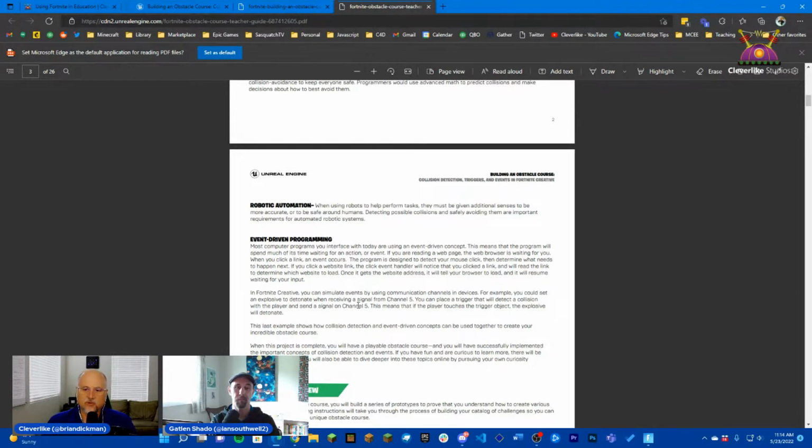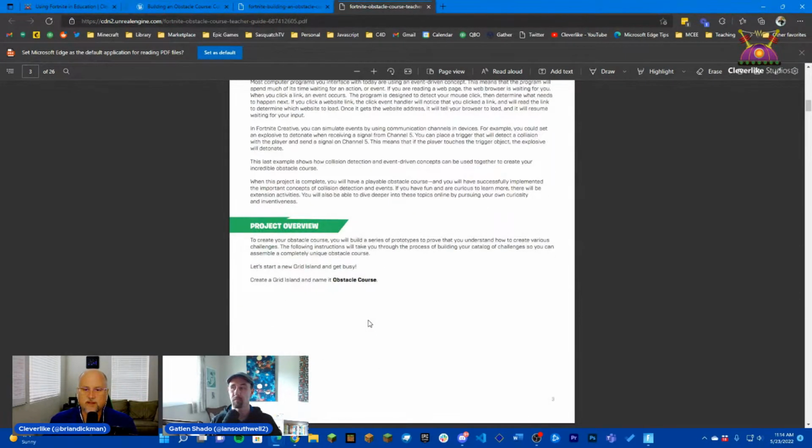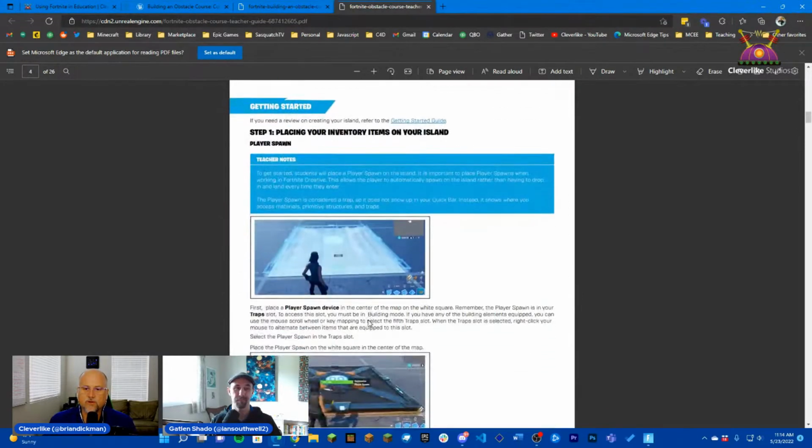And you can build all kinds of things like that in Fortnite Creative as well, using what is known as channels. A lot of the devices will communicate to each other through some form of connection so that this device can tell the next device to activate and run its code. And we'll be going through some of that as well today. So we're going to basically create ourselves a blank island, and we're going to put all the pieces in place so we can get started in building our